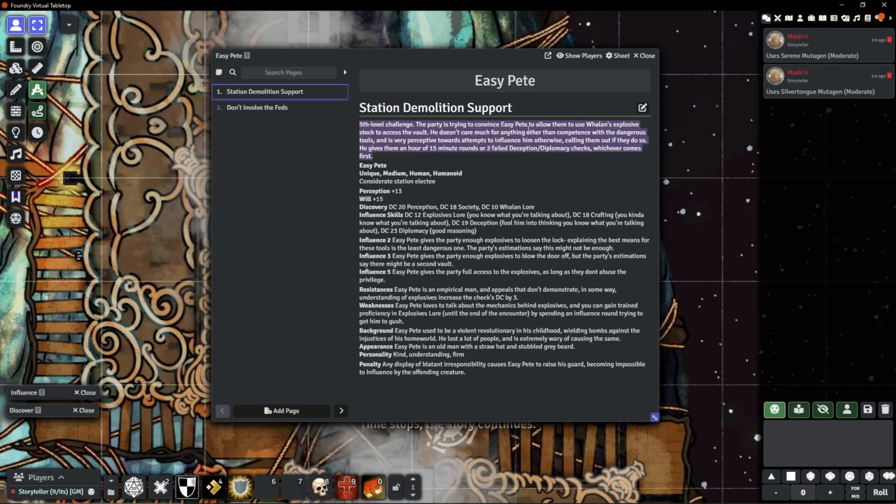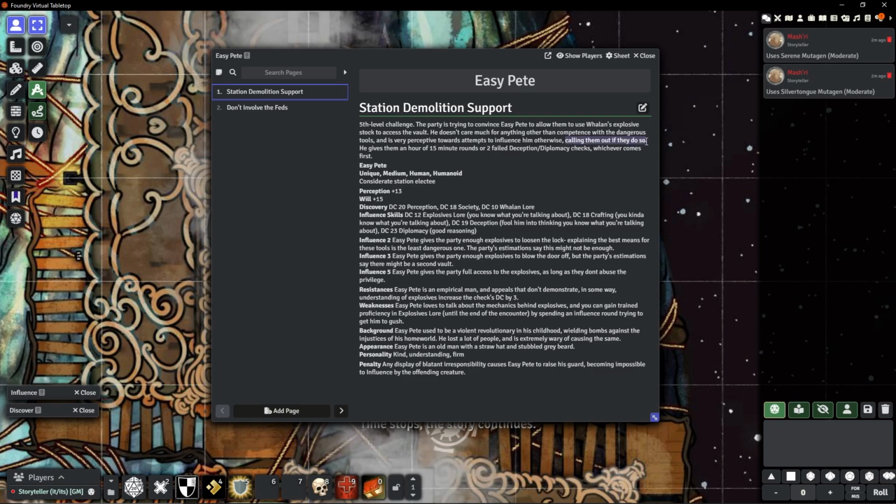He doesn't care much for anything other than competence with the dangerous tools, and is very perceptive towards attempts to influence him otherwise, calling them out if they do so. He gives them an hour of 15-minute rounds, or 2 failed deception or diplomacy checks, whichever comes first. And then that should give you some idea of how to run the encounter, the context around it, and kind of like a leading bit of role play with the calling them out if they do so,